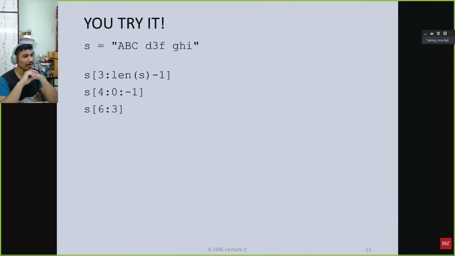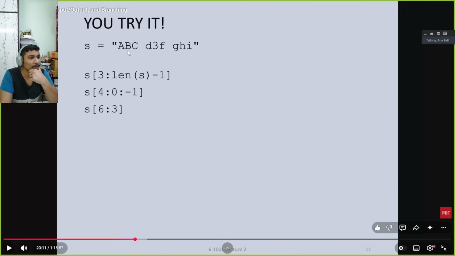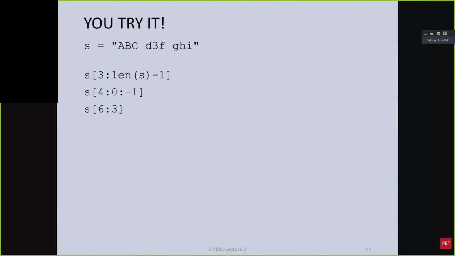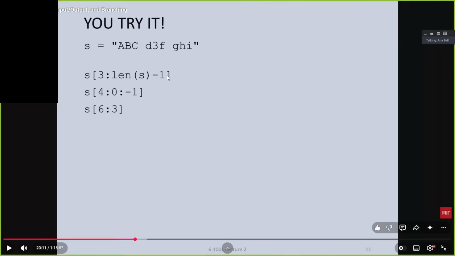S starts from the 3. So 0, 1, 2, 3. So it actually starts from this value, 0, 1, 2, 3, and goes to length of S minus 1. So 3, 4, 5, 6, 7, 8, 9. So it will print till G. So this first thing will print from this to G,